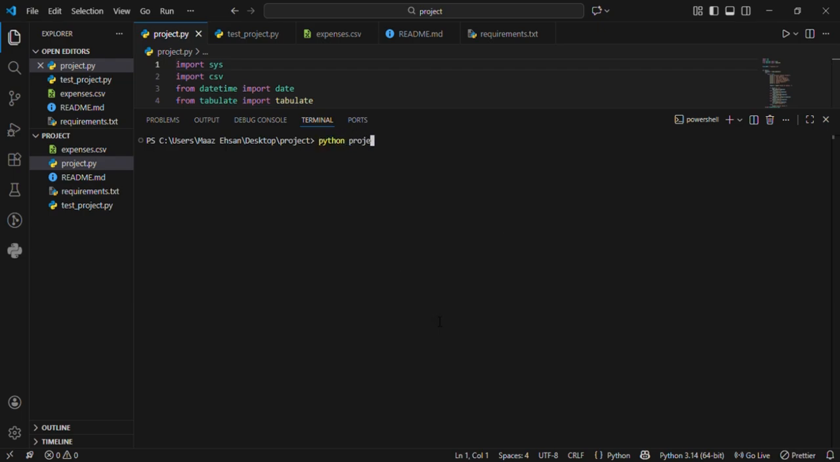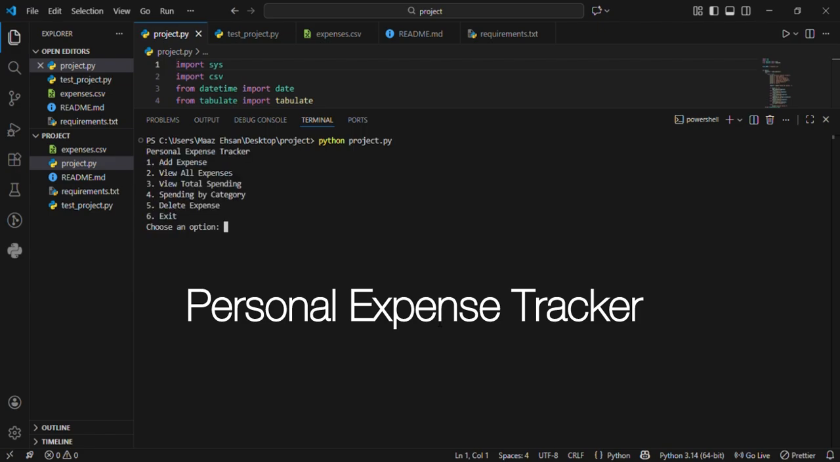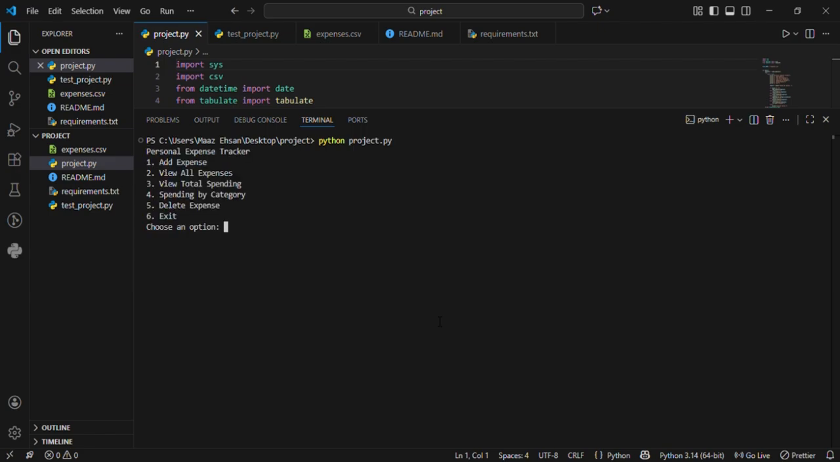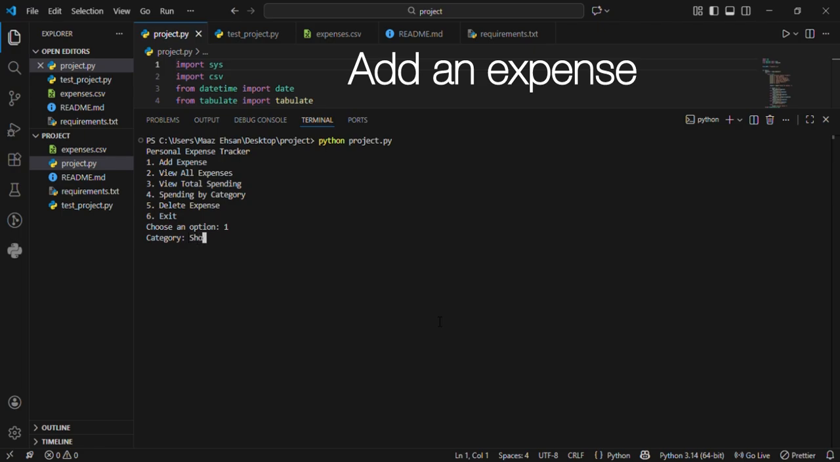Now, the name of my project is Personal Expense Tracker. We can look at these features right there. We can add an expense by choosing one. Let's add shopping description. We can add bought a watch, and the amount we can put 300, and the expense